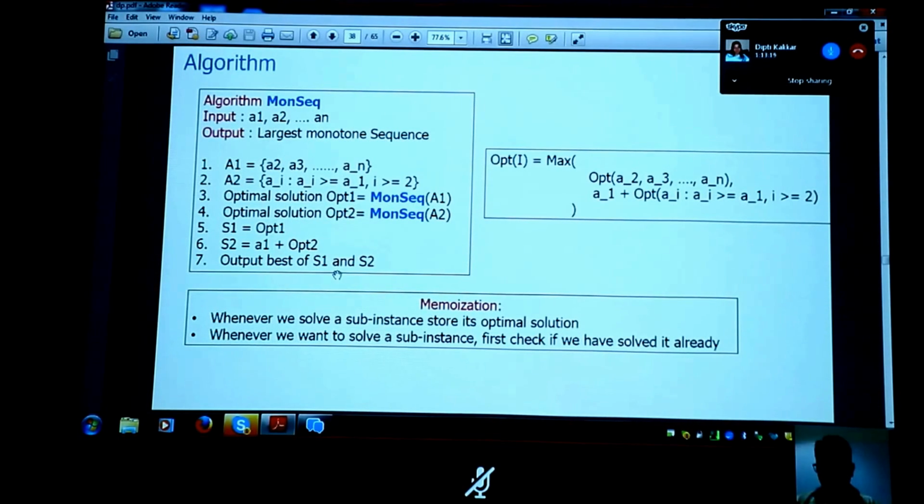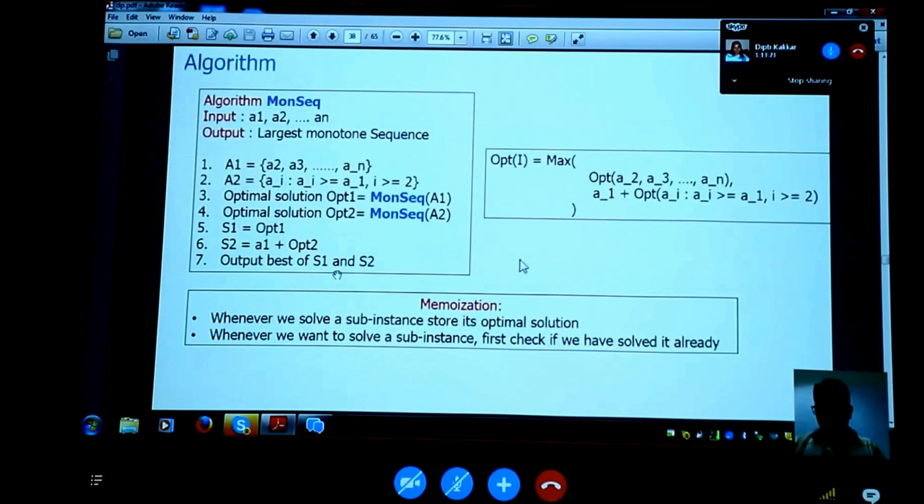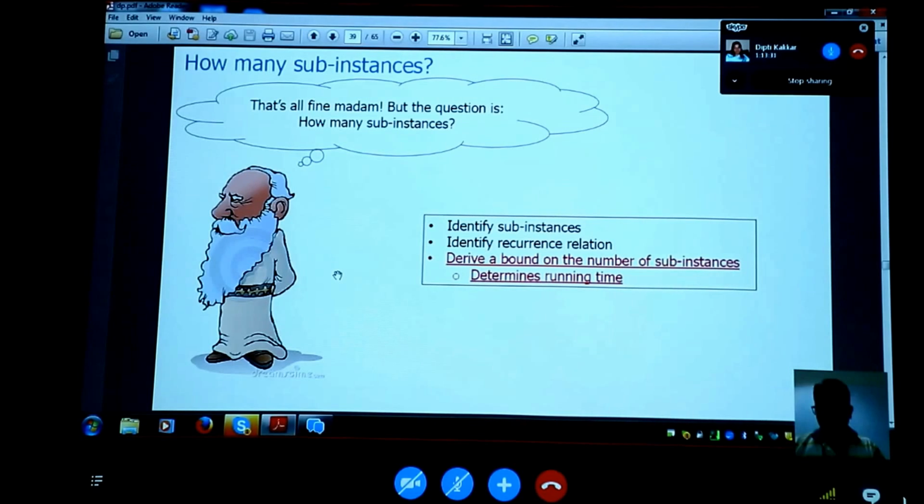But we will do it. Now we'll write an explicit program for this also, right? But before going there, let's ask this question. Our wise man is back asking the same question. He says,